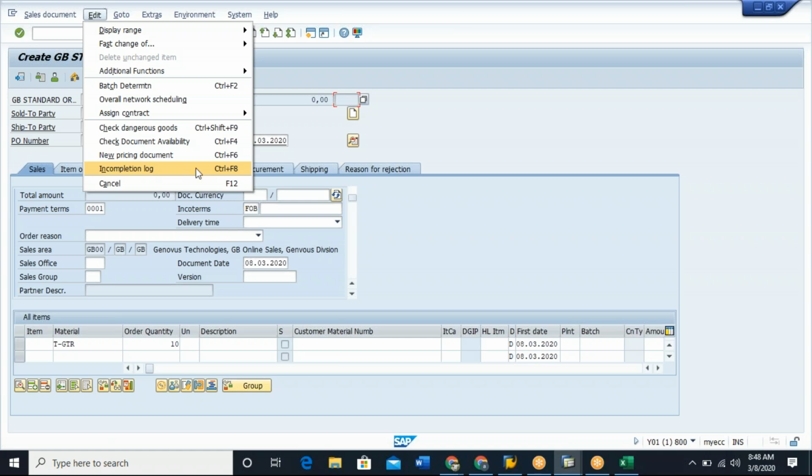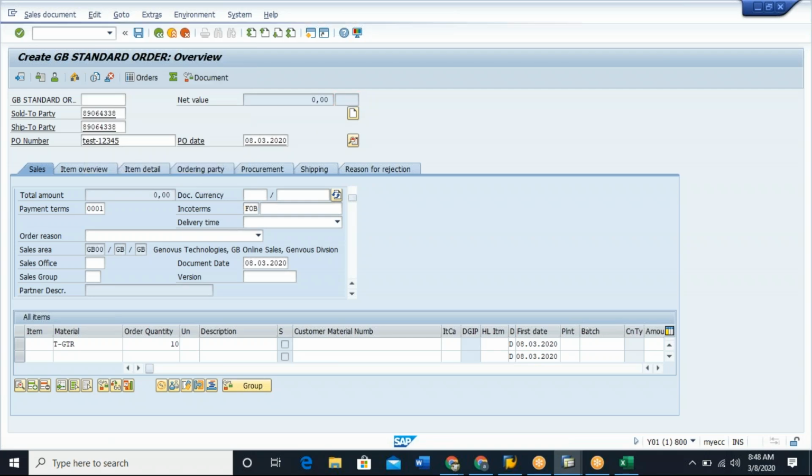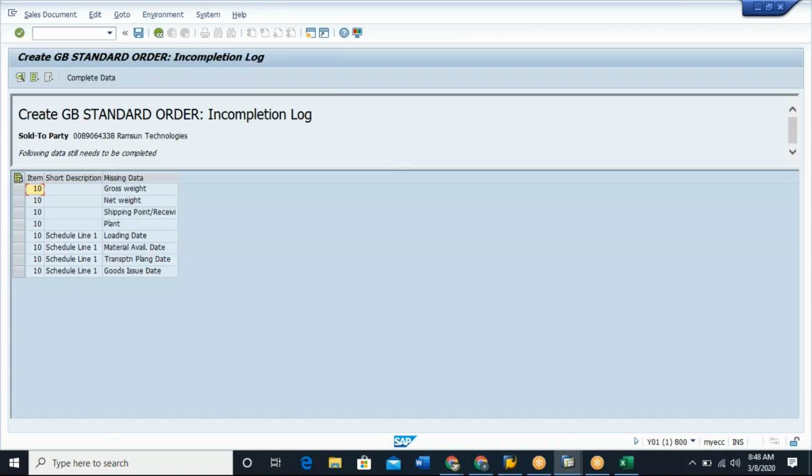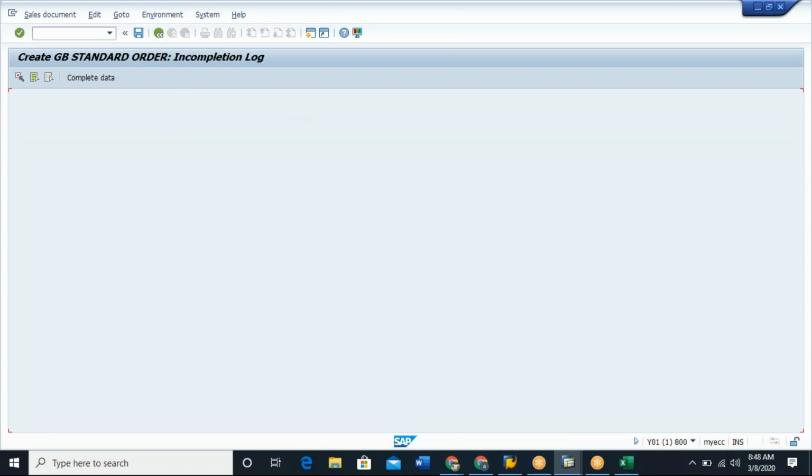Under the edit, you see something called incompletion log. So what is the use of incompletion log? Basically, this incompletion log checks, are there any important fields missing? That means how does the system know which field is important and which field is optional? Because in the incompletion procedure, there is a